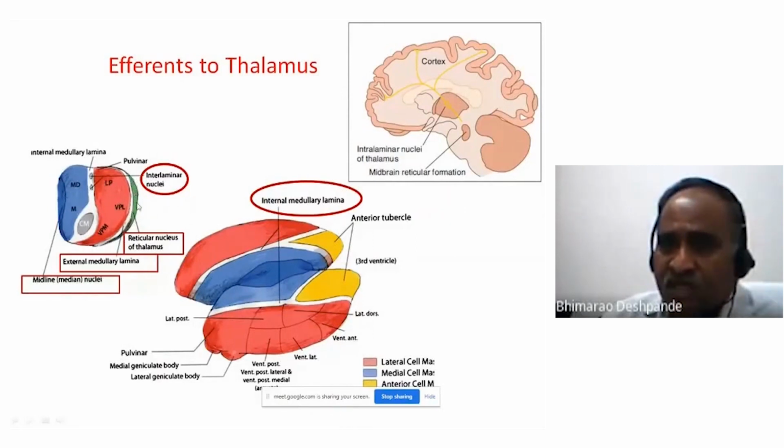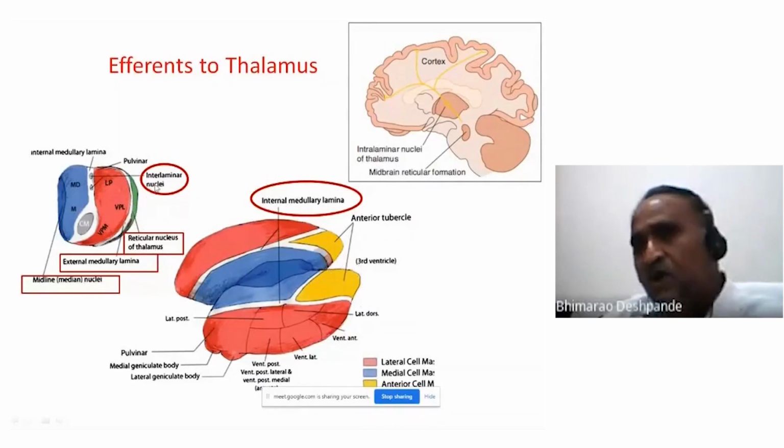They also project onto the reticular nucleus, and onto the external medullary lamina, and we have the midline nucleus. So this is a midline nucleus. Outside is the external medullary lamina, and we have the reticular nucleus somewhere here